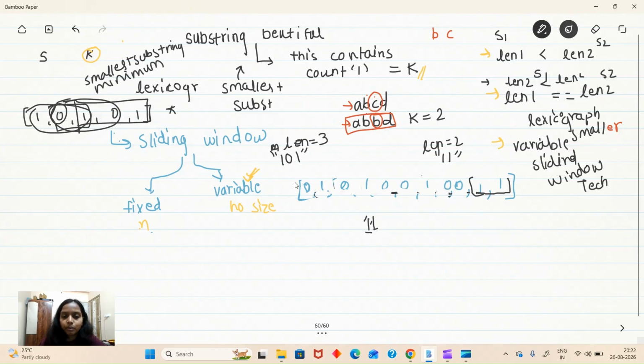Now, how we are going to implement this is the intuition of how we are going to solve it. We want the count, we really don't want the length; every time we can calculate it. As we are expanding and shrinking, we need two pointers, one will be j and one will be i. j will go forward when expanding. When we get the count of 1 equal to k, we stop expanding and shrink, or we can say we move the i pointer forward till I get a 1. Then we check these conditions, and that's it. Let's start implementing.